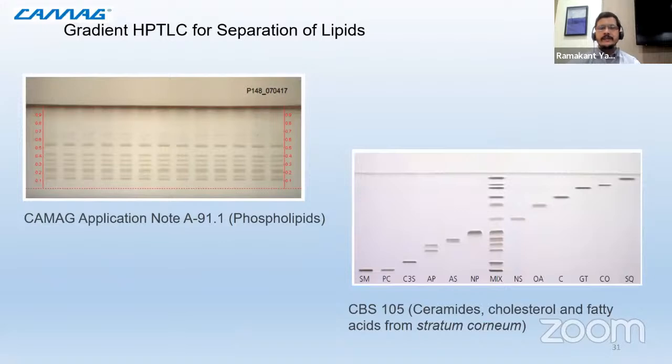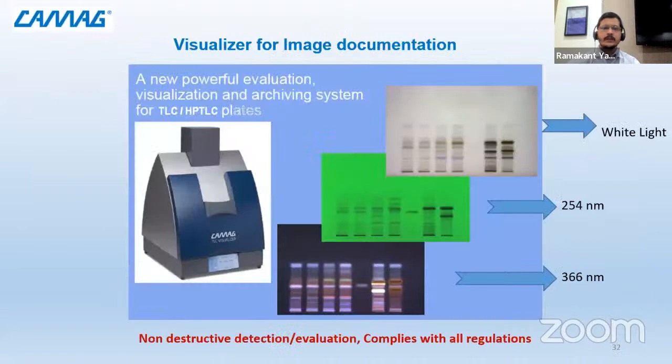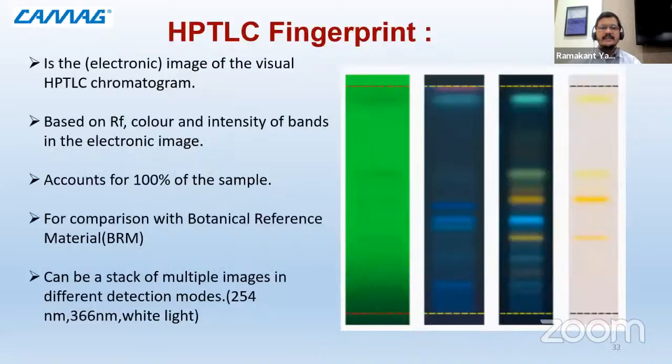We have separated lipids and phospholipids from each other. This work was published in CAMAG bibliographic service. After chromatographic development, firstly we have seen application, then development, then we need to document the plate images. For that we can use the CAMAG visualizer. There are three lamps: deuterium, tungsten, and mercury. We can capture the plate images under 254 nanometer light, 366 nanometer light, fluorescent light, or 540 nanometer white light. And the image will automatically come in your final analysis report.